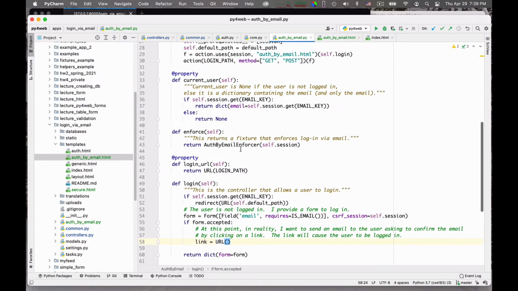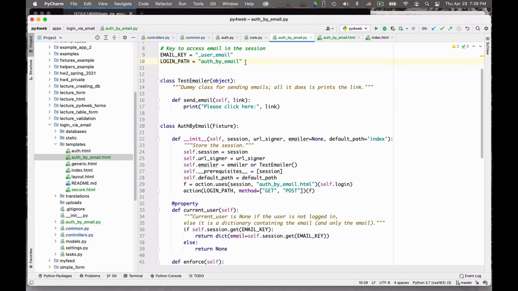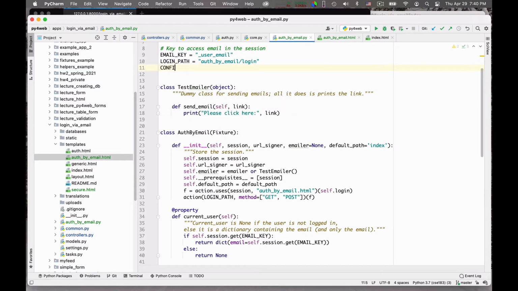So first of all, this is the login path, and I can maybe say auth_by_email/login. And then I have a confirmation path, which is what they click on, and I want this to be called auth_by_email/confirm.